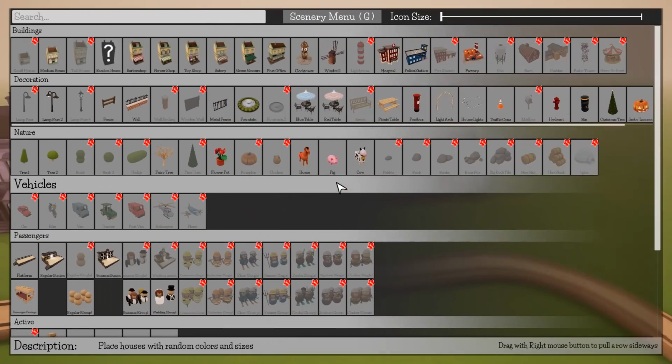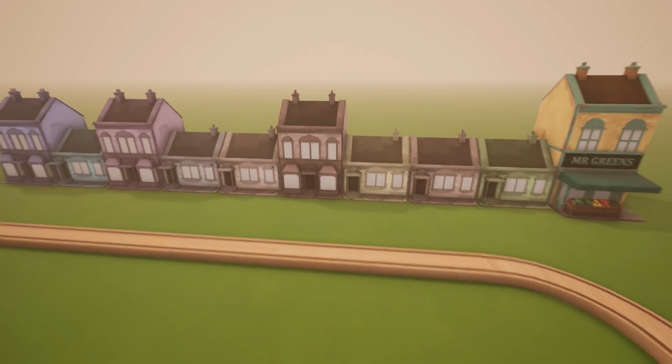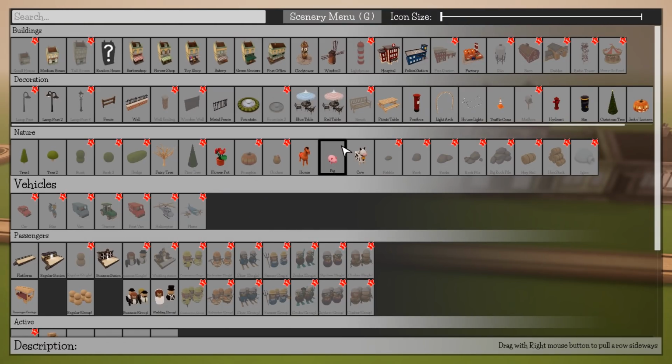Now these won't put any of the cool places in, like the greengrocers. We have to have a greengrocer. Mr. Green! Hello. Let's have...